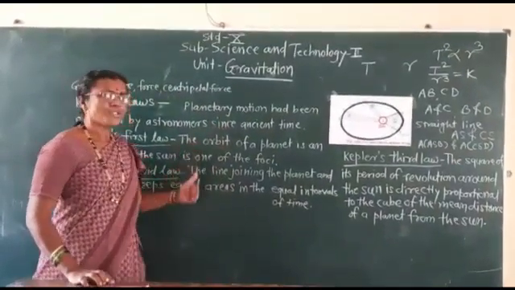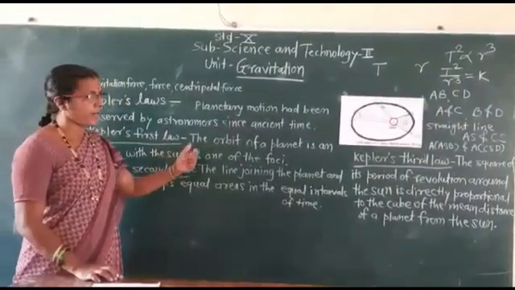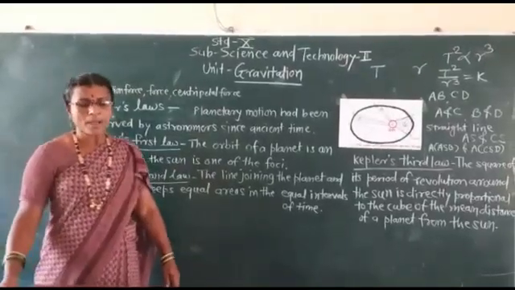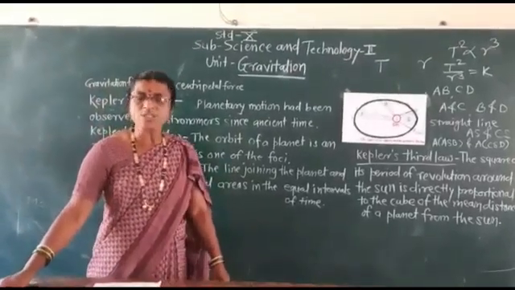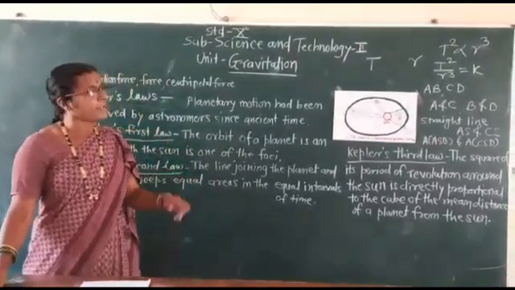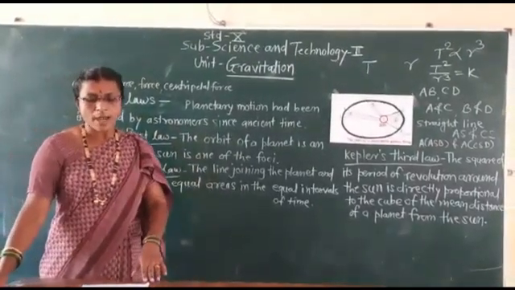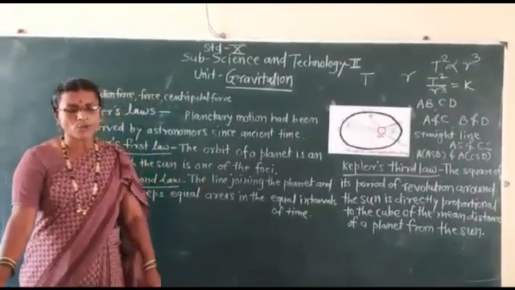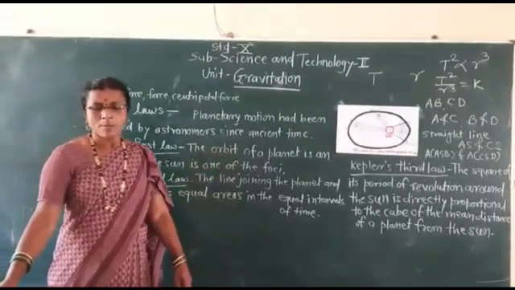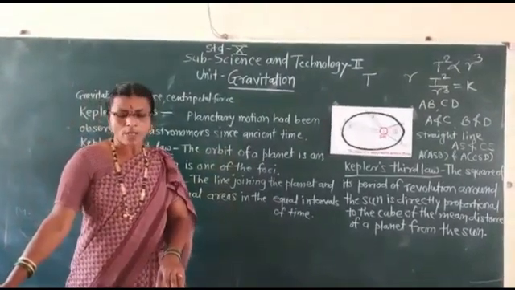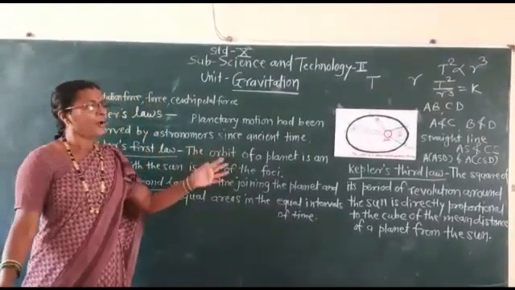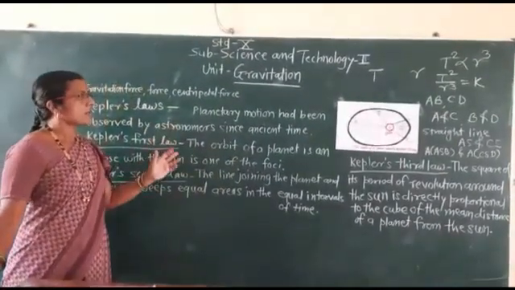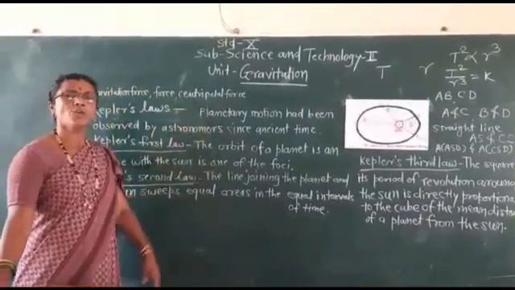In this way, we studied Kepler's first, second and third laws. Kepler obtained these laws simply from the study of the positions of the planets obtained by regular observations, and he did not know the explanation for why the planets obey these three laws, but his laws helped Newton to formulate the law of gravitation. In this way, we studied Kepler's three laws in the unit gravitation.